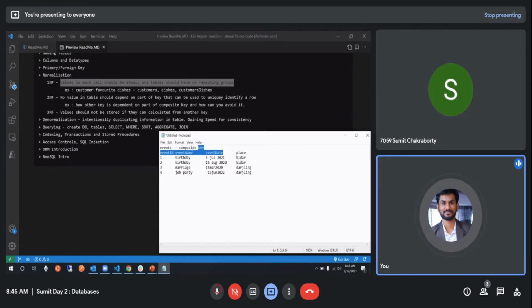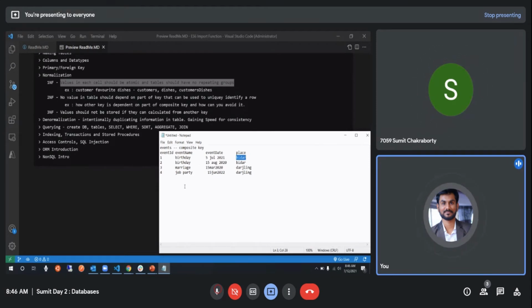So this is your composite key, but you're still able to identify that part of it, only the event name, is happening at a certain place. Means some other column is depending on your composite key based only on half the information, not the full information. So those things are trouble. Knowledge with half information is trouble, right? So how can you avoid it?